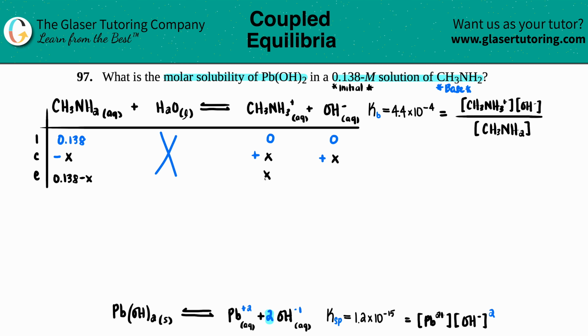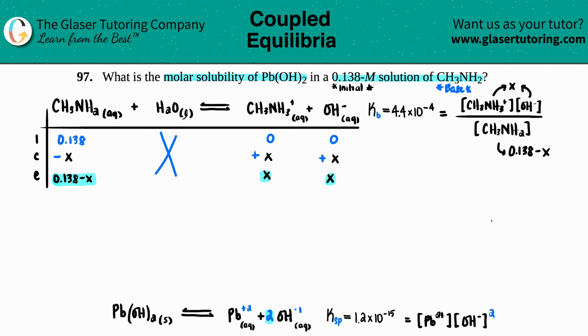0 plus x is x. And these three pieces of information, this one, the x, and the x, they're all going in your equilibrium expression. So this is x, so is the OH minus, and this is